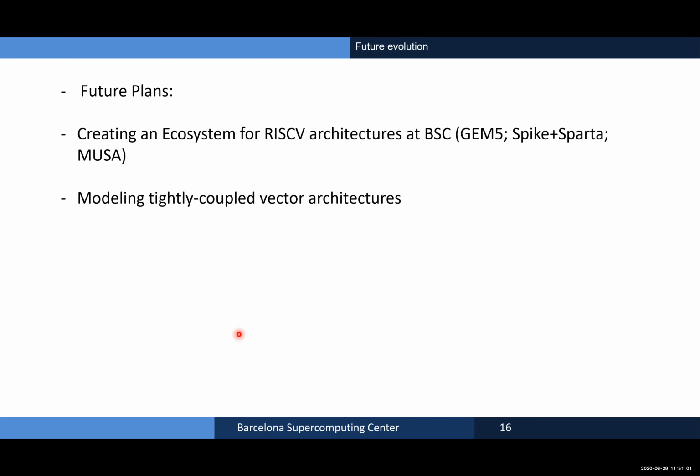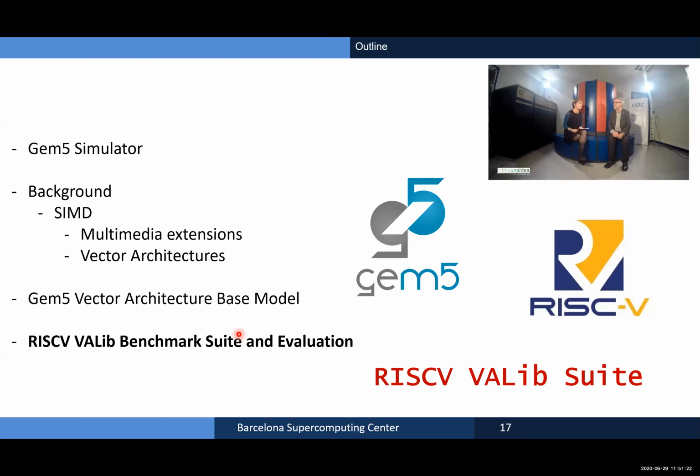Thank you. So in this section, we would like to talk about the RISC-V Valib benchmark suite and preliminary evaluation. This is a vector applications benchmark suite. And by the way, in the upper right corner of the previous slide, this is our director, Mateo Valero, sitting on a Cray supercomputer.